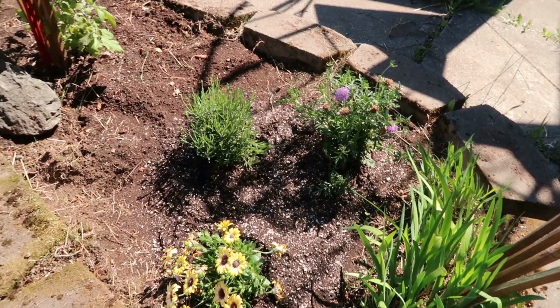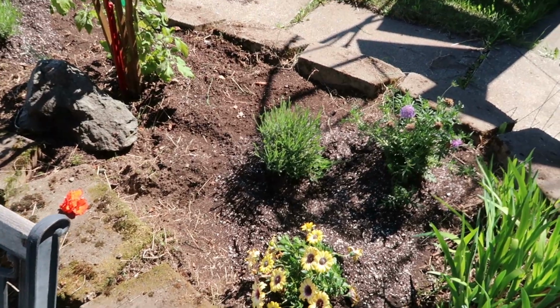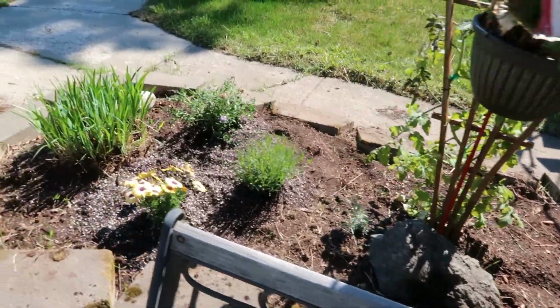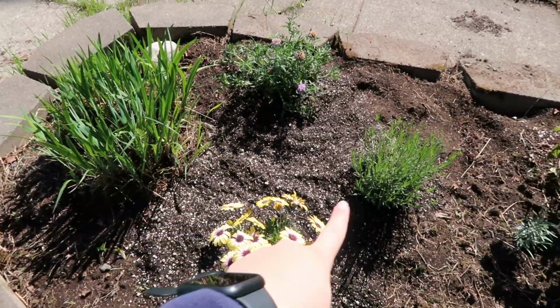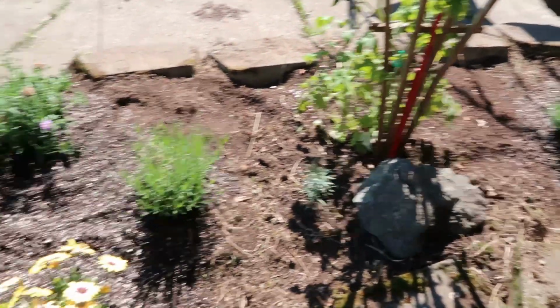So I don't know if you can hear me because there is kind of a lot of noise out here. But yesterday, Adam and I came out and we got the rest of the weeds pulled and we got almost all of the plants put in the ground. So we've got lavender and some pretty flowers. These flowers were there already, but these flowers on this side and over there are all flowers that we planted,